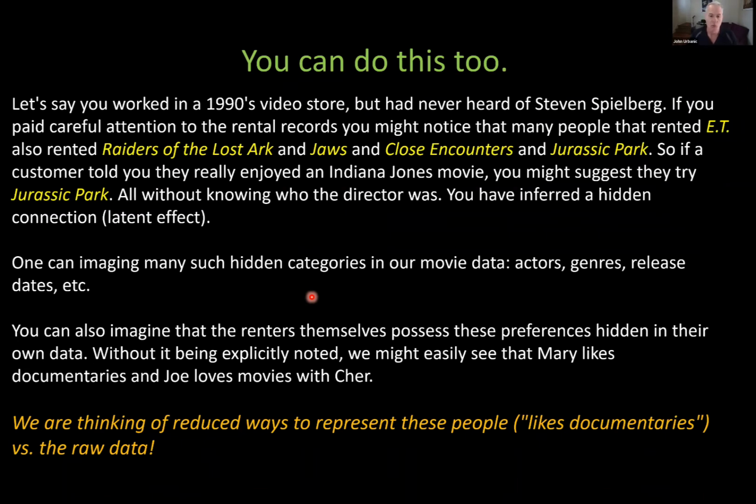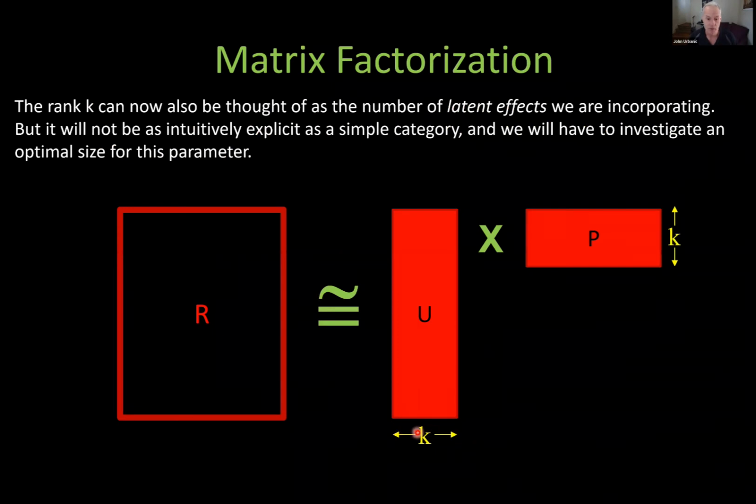And that's the normal way we think about the world. So this is what's going to happen here. Our K is going to determine how many latent effects we can capture. That's the magic that's going on here: we're going to capture for the users and the products some latent effects that summarize what they are. Instead of just having to say for every user, I can remember all the movies they've seen, we're going to start to capture the latent effects. And because of linear algebra, all we need to do is make sure that K and K are the same. Then we can multiply this row and this column to get any data point that we want for any row and column in here. But as we make the representation smaller and smaller, we're going to smear things out more and more.